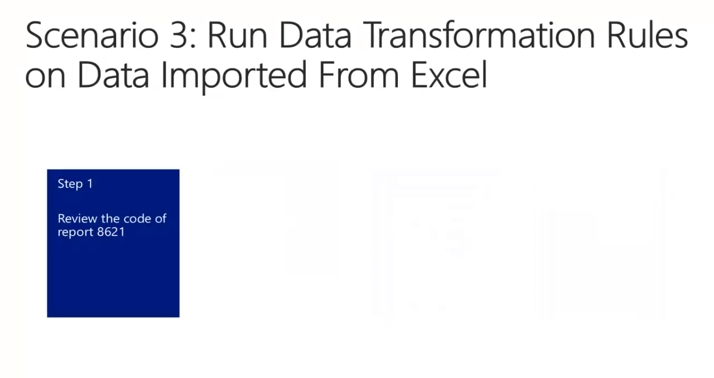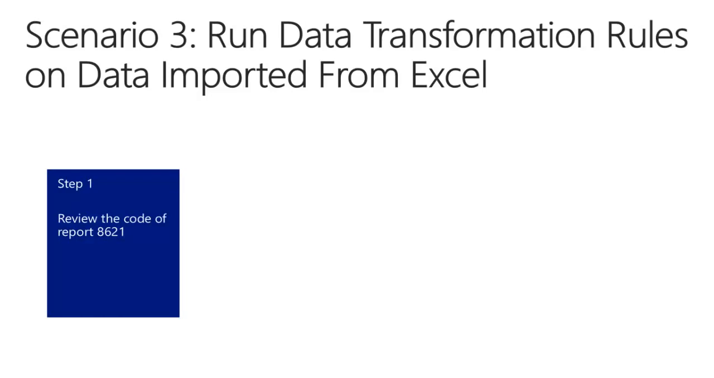Microsoft Dynamics NAV provides a library of data transformation methods which you can use to create standard data processing rules and run those on the data they import. You can, for example, capitalize all letters, replace part of the string to another string, change date format, trim values, and so on. To do so, we will use report 8621, and let's first have a look at the code